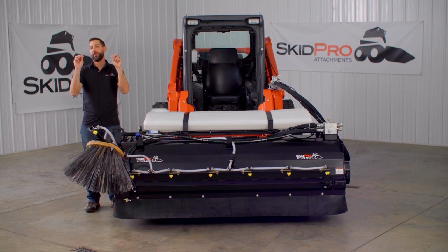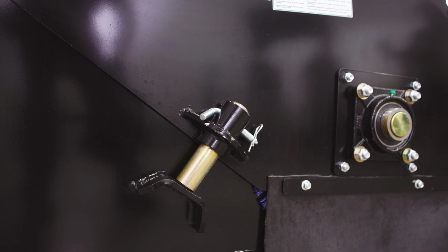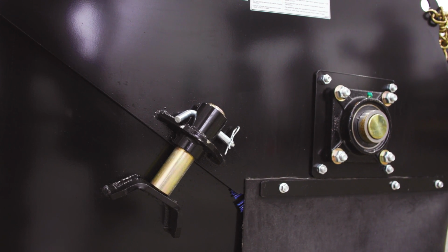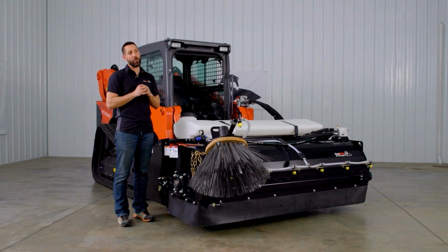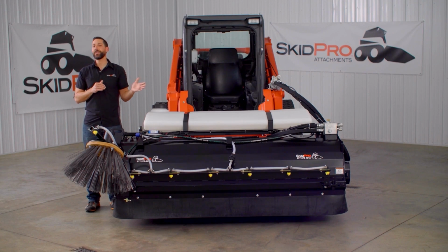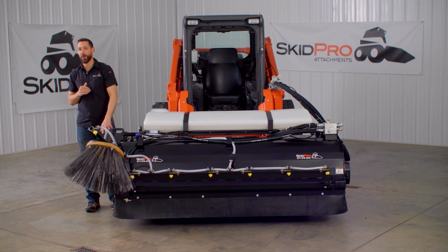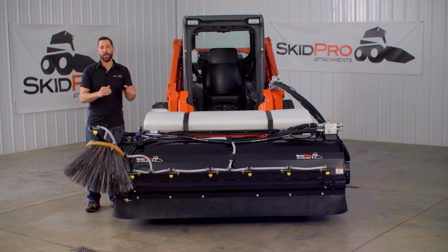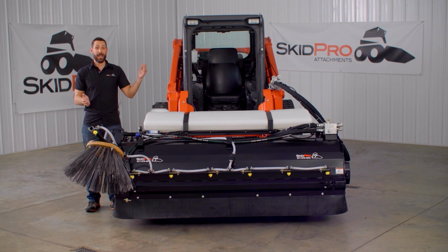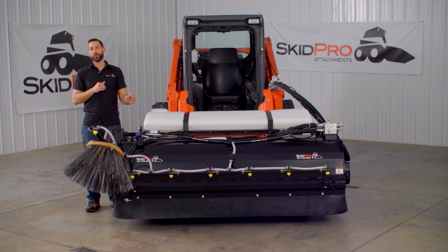At the top of our list of key features is the quick set hood adjustment. It's toolless, it's fast, and it's easy. Almost all other brooms on the market have the old nut and bolt type of system. These adjustment bolts on the side are down in the dust and the dirt and the water, which make them prone to rust and seizing and a total pain to adjust. Matching the height on each side isn't intuitive, and you're required to have the proper tools with you to make